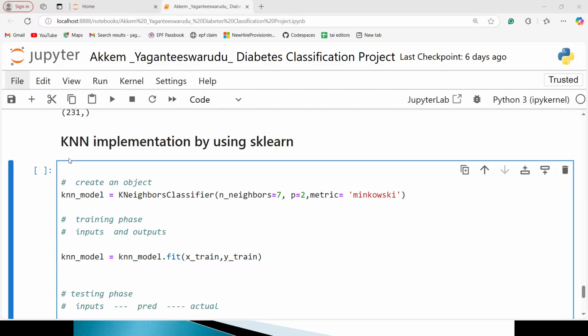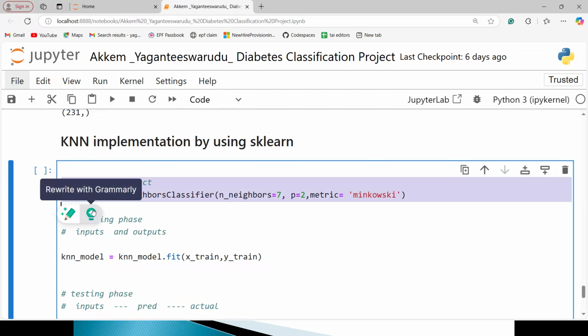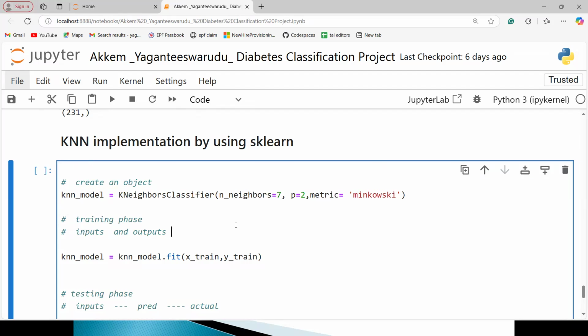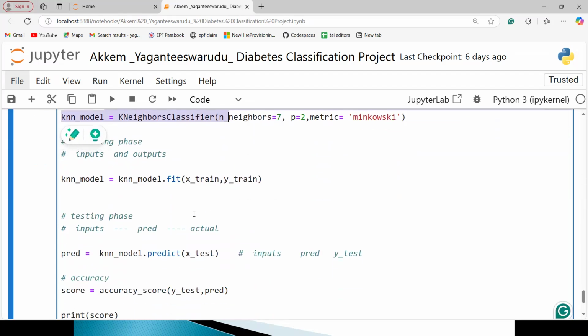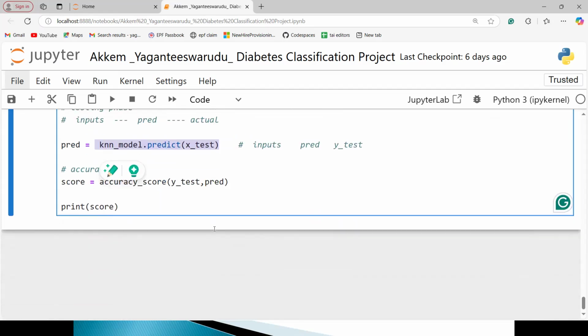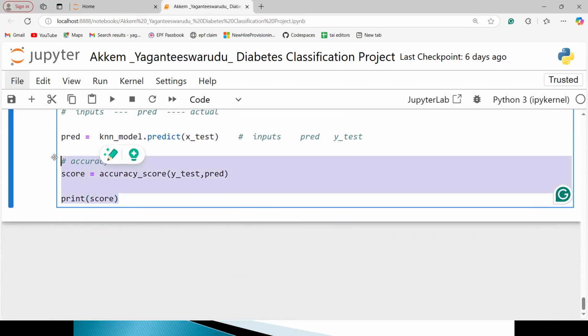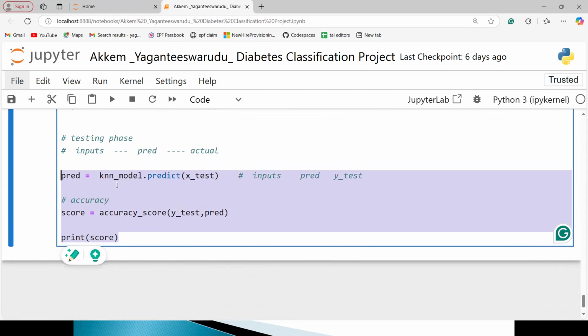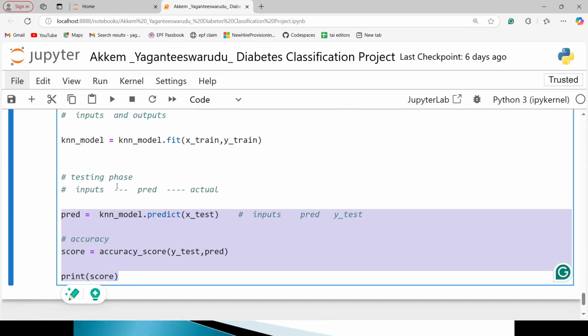See here, the same steps we are going to perform for other algorithms also. Not only for KNN, for everything you are going to follow these steps for other algorithms like random forest, decision tree or SVM. First, you need to create an object, and then you need to call the corresponding training method. And then you need to pass your test values to predict to see how accurately your model is able to predict. And if I execute this,